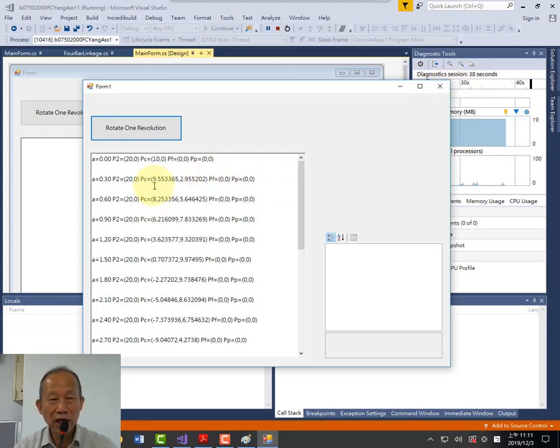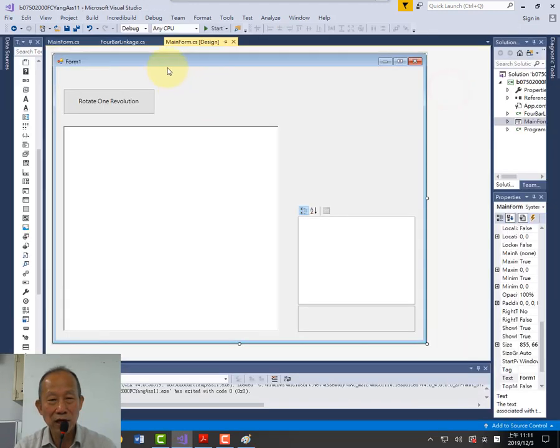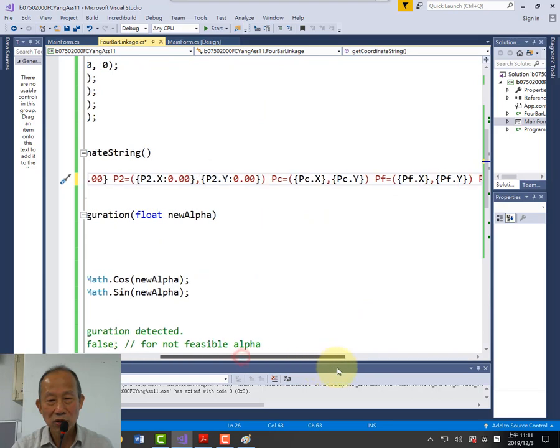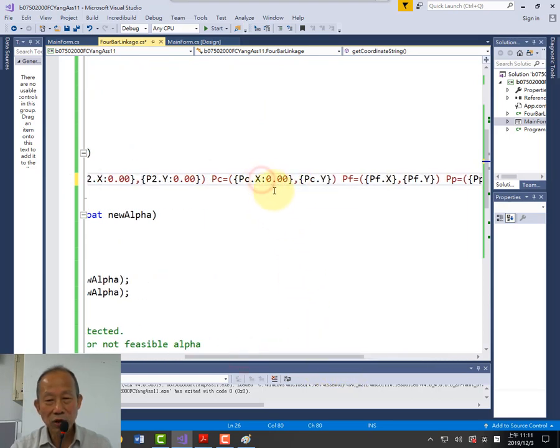And also, if you like, you can beautify because you can see since it's a full number, right? Since it's a full number, we can see right now P sub C is 9.55333. Well, if you like to beautify it, you go back to here again. Use this kind of format. P sub 2, P sub 2 dot x, P sub y, we ask the number of digits printed